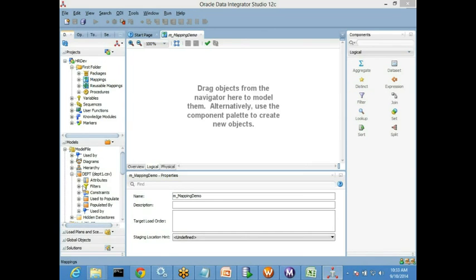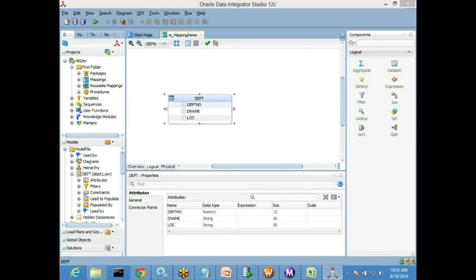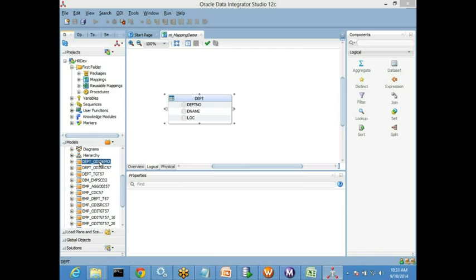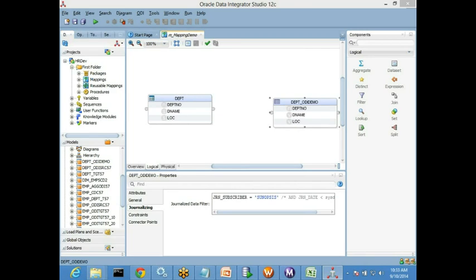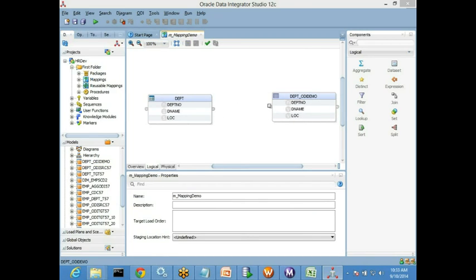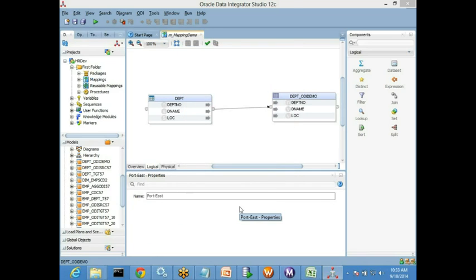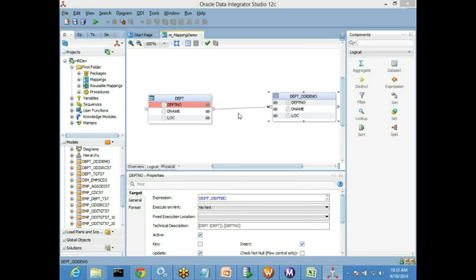Now I want to read data from a file. You don't need to worry where this file is and how to read data from a file. You just tell this is my file and I want to read it. Whatever data comes from this file, I want to load to this particular table. So just link from here to here. There is only a slight change in the linking: there you link one by one, and here I'll just directly link it. It will tell you this column comes from here, this column from here. Once you do this,